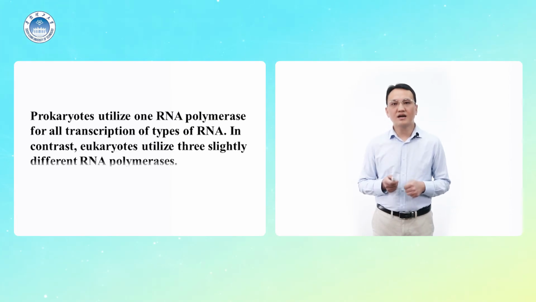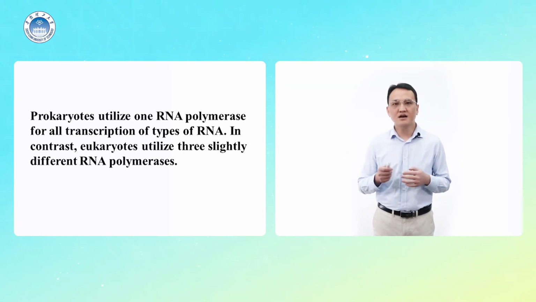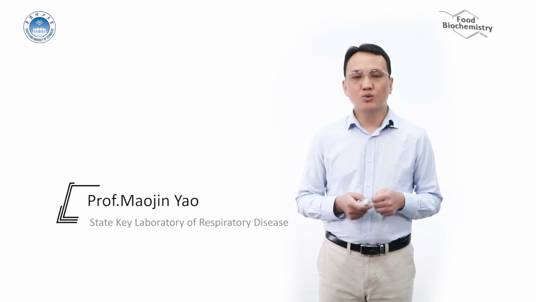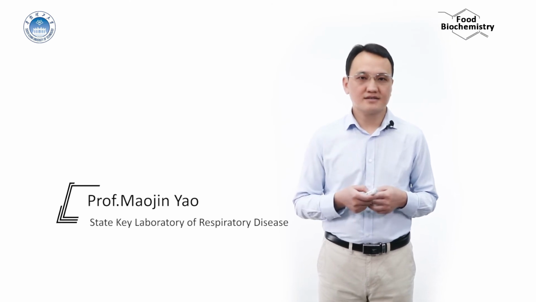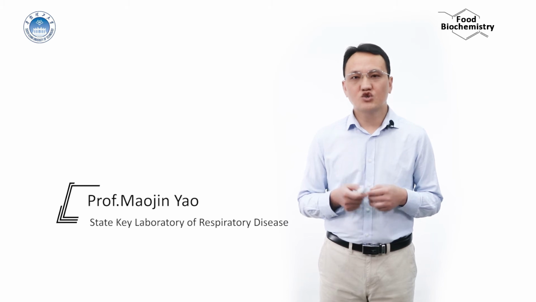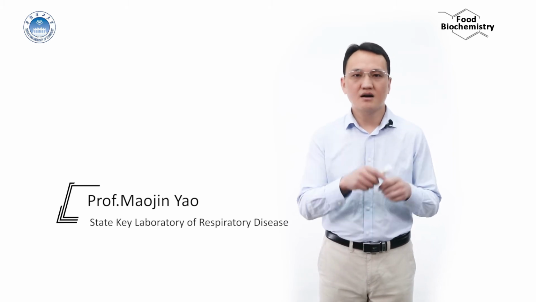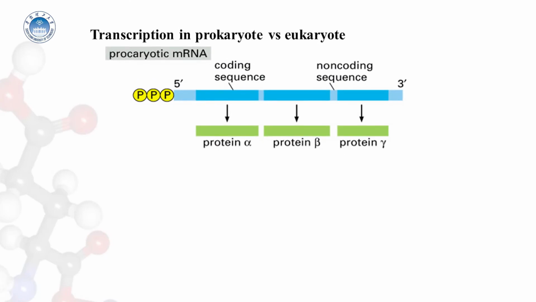Prokaryotes utilize one RNA polymerase for the transcription of all types of RNA. In contrast, eukaryotes utilize three slightly different RNA polymerases. In prokaryotes, which lack a membrane-bound nucleus and other organelles, transcription occurs in the cytoplasm of the cells. Bacterial messenger RNA is generally polycistronic. Polycistronic describes a type of messenger RNA that can encode more than one polypeptide, which is separated within the same